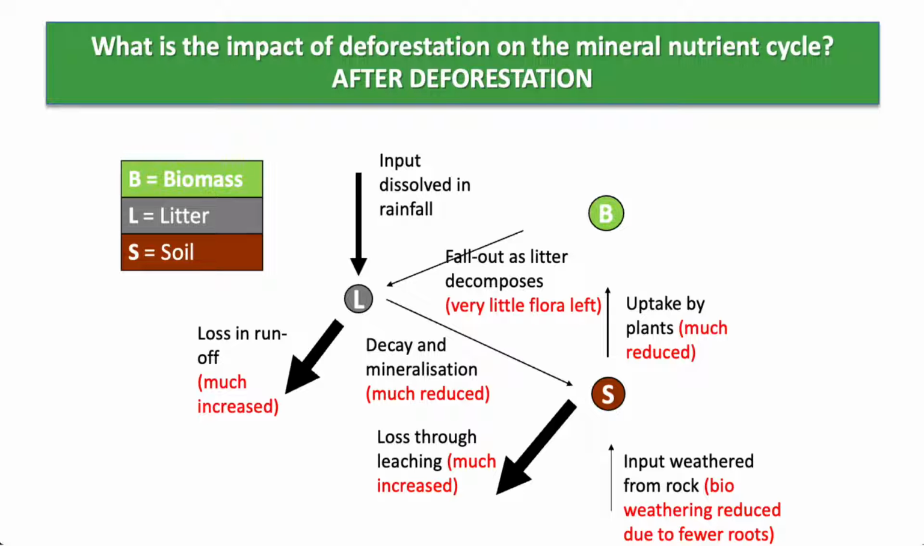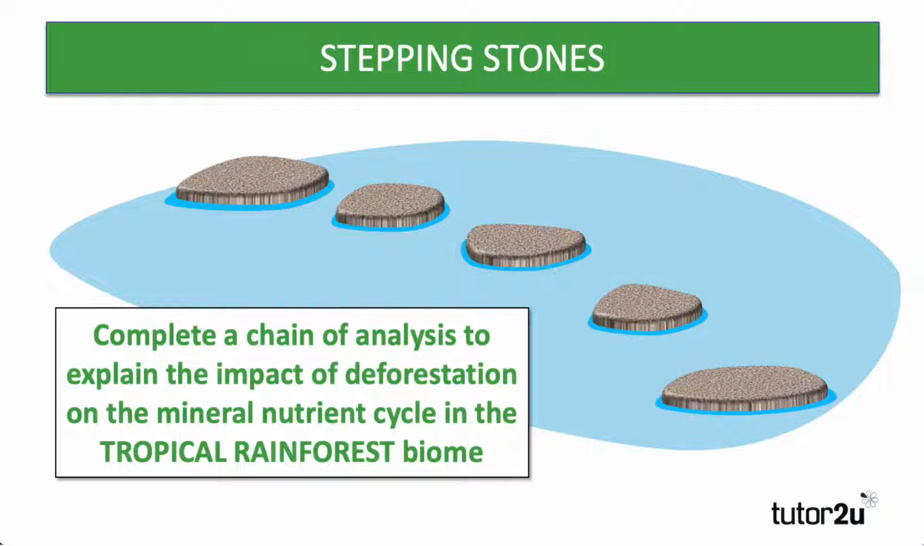So having looked at that and revised that a little bit, now let's look at the task, which is called stepping stones. So the idea is that you complete what we're calling a chain of analysis to explain the impact of deforestation on the mineral nutrient cycle in the tropical rainforest biome. You could do this, by the way, for any biome that you study. The same sort of thing would apply. We're applying it here in the context of rainforest. So if we look at the task you have to do,